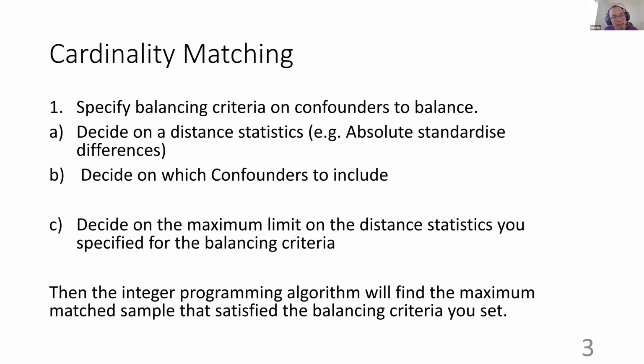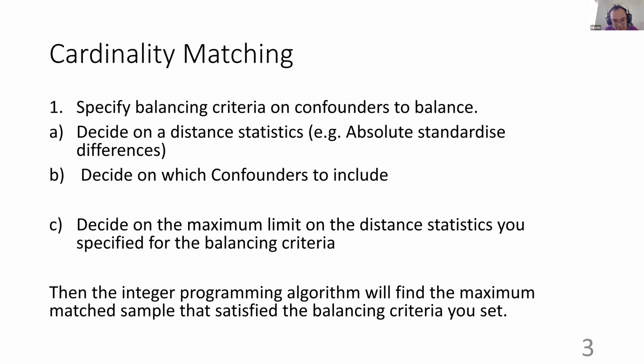Then secondly, you have to decide which confounders to include, so which confounders you want your matched data set to balance on. This is quite similar to when you specify covariates to include in your propensity score model. But here, you just have to let the algorithm know you want your matched data set to have balance on